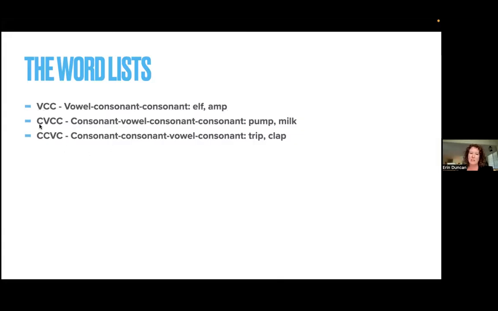And then the next list adds a 4th sound at the beginning. So you have consonant, vowel, consonant, consonant, like pump or milk. And then the hardest list is the one where the 2 adjacent consonants are at the very beginning, like trip or clap. So those are the word lists that we'll be working through.